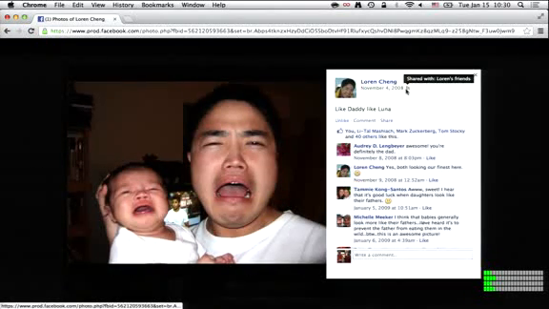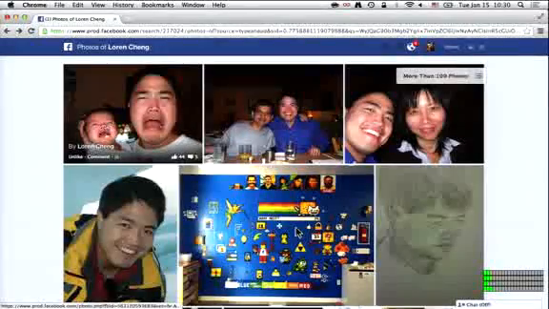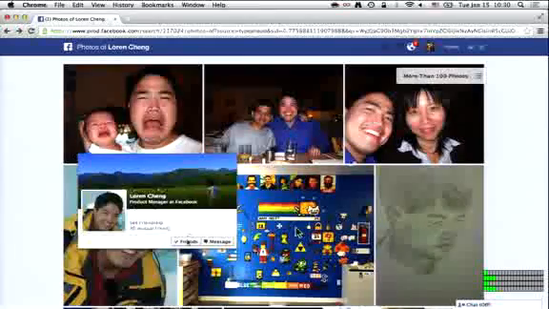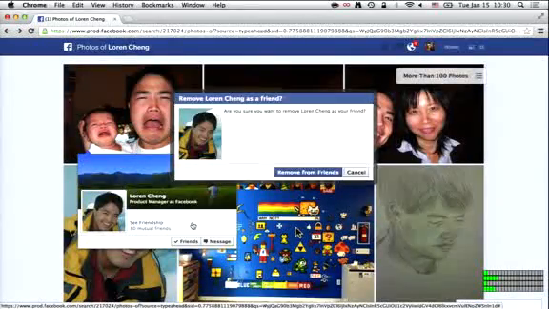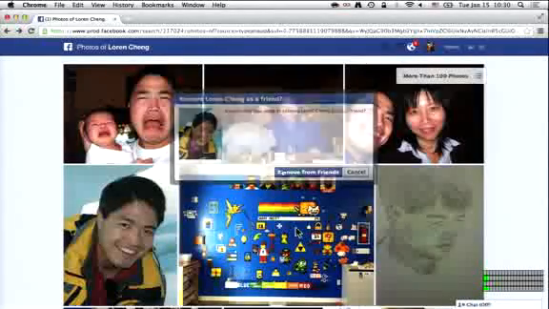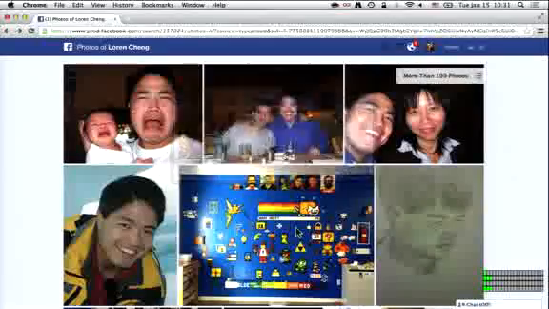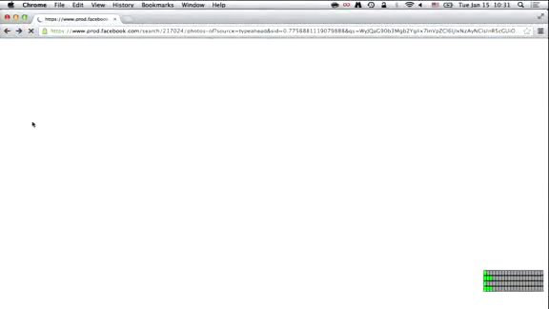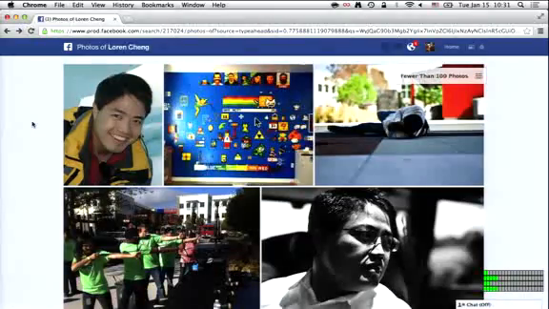You'll see here that Lauren chose, don't know why, to share this only with his friends. And so the reason I can see this photo in Graph Search is that Lauren and I are friends. I want to just show you this if I quickly unfriend Lauren, just for the demo, of course. Remove from friends there, and now if I refresh and reissue this search, you will see that that awesome photo is no longer there. Okay, so in Graph Search, you can only see the content that you could already see on Facebook before. Tom, back to you.